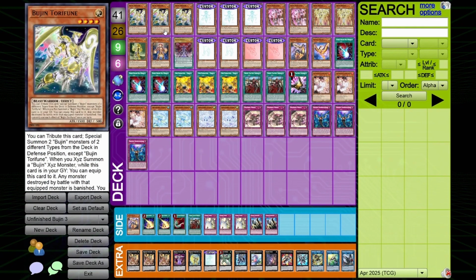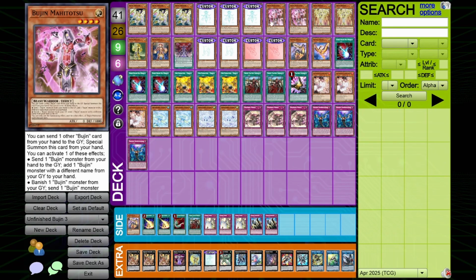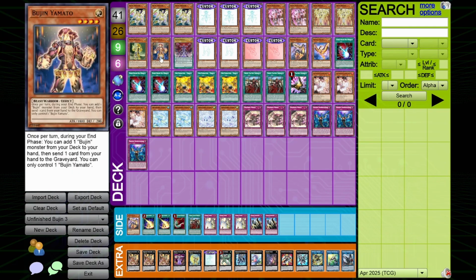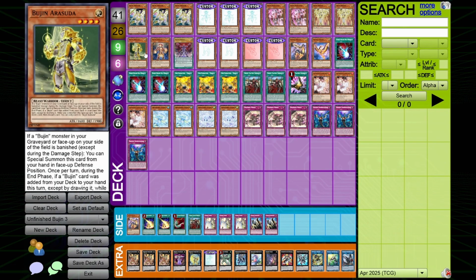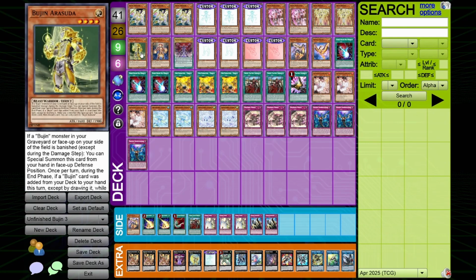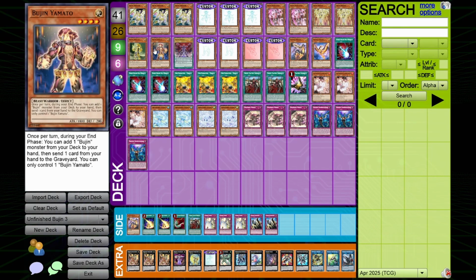Now, as you can see, it's going to be a lot more on the side of that Bujin Summon Susanoo Turbo, because again, that's the path they decided they need to go, so let's commit to that. But when it comes to searchers in the end phase, you have Mikazuchi, Yamato, and Arasuda, but Mikazuchi is not good. It's really difficult to trigger, whereas Arasuda and Yamato, at least,